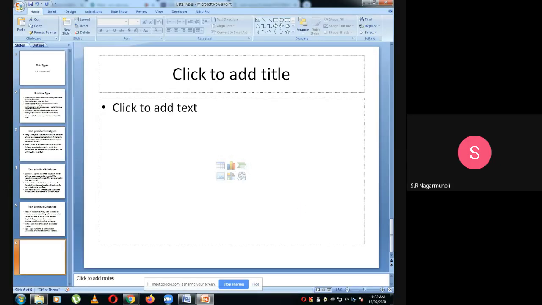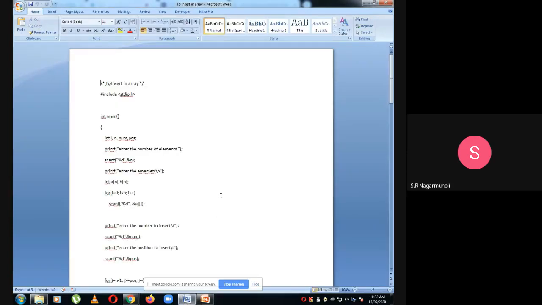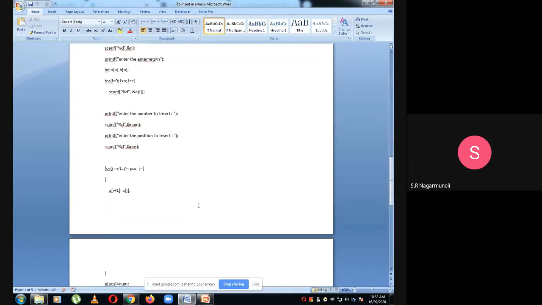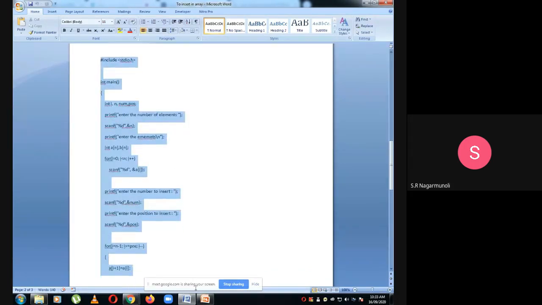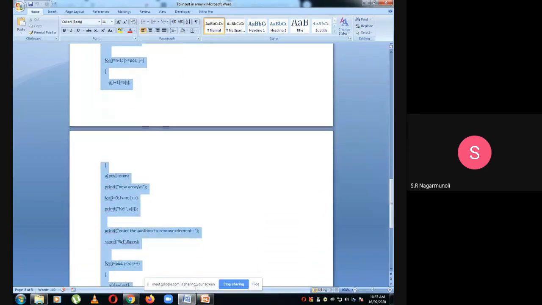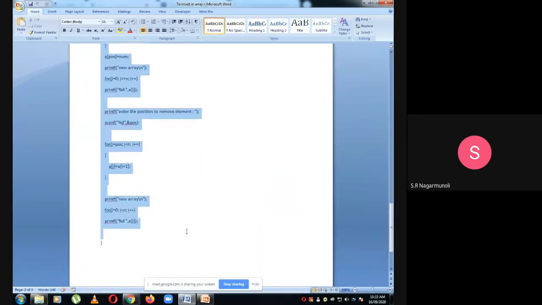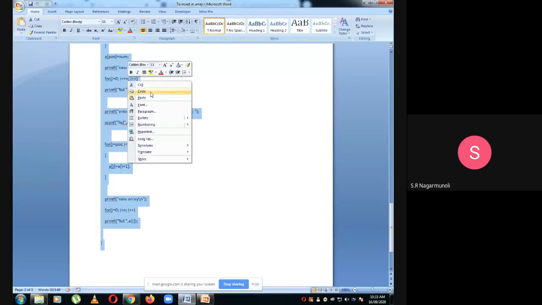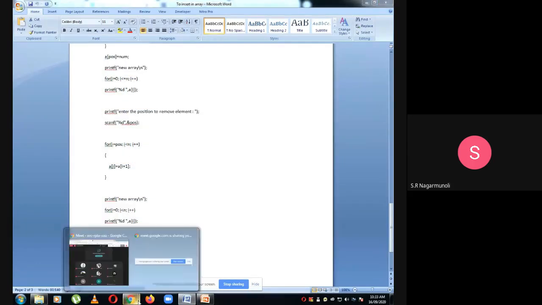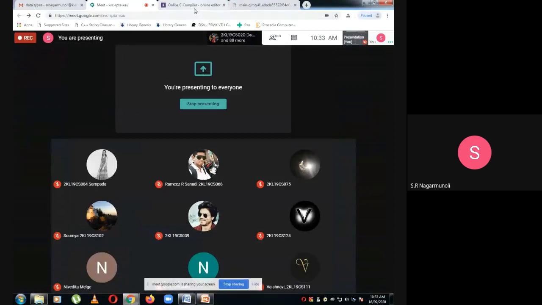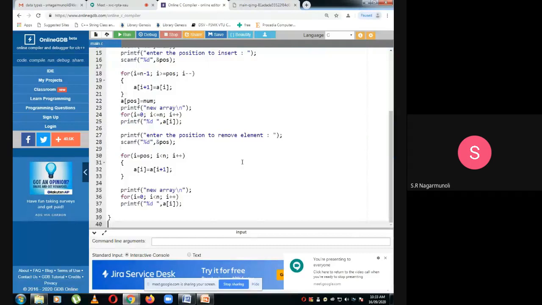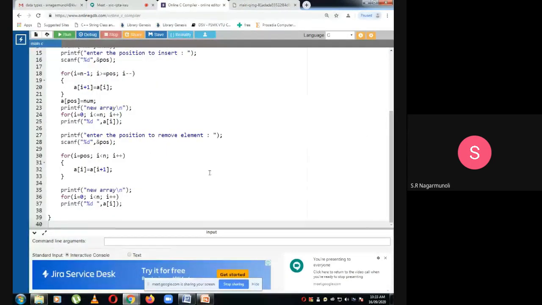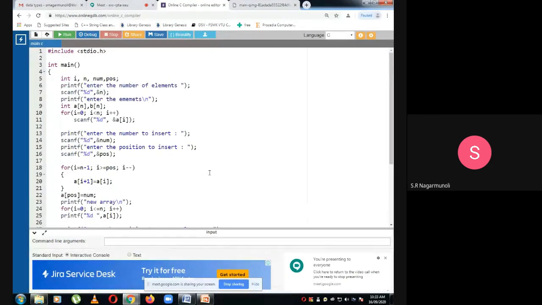So for that, I have a program here. I have already executed this program, and I'll explain it to you. This is the program to insert an element in the middle of the array and to remove an element from the middle of the array.